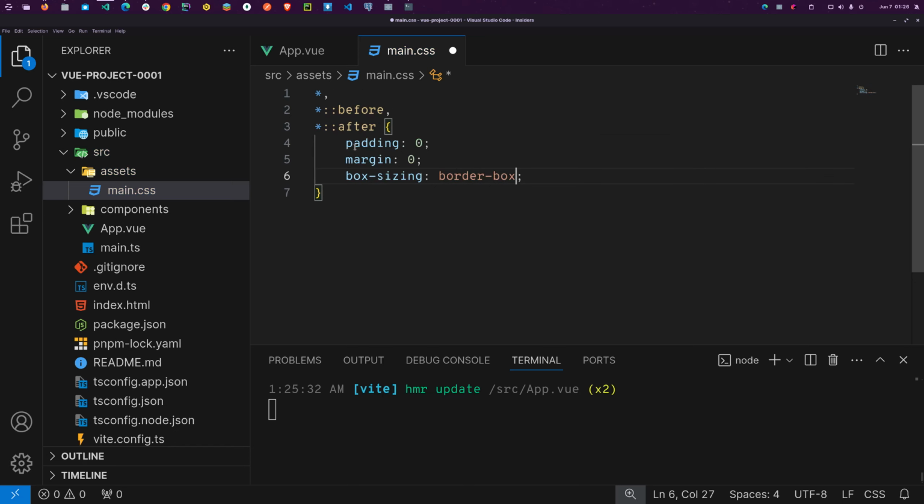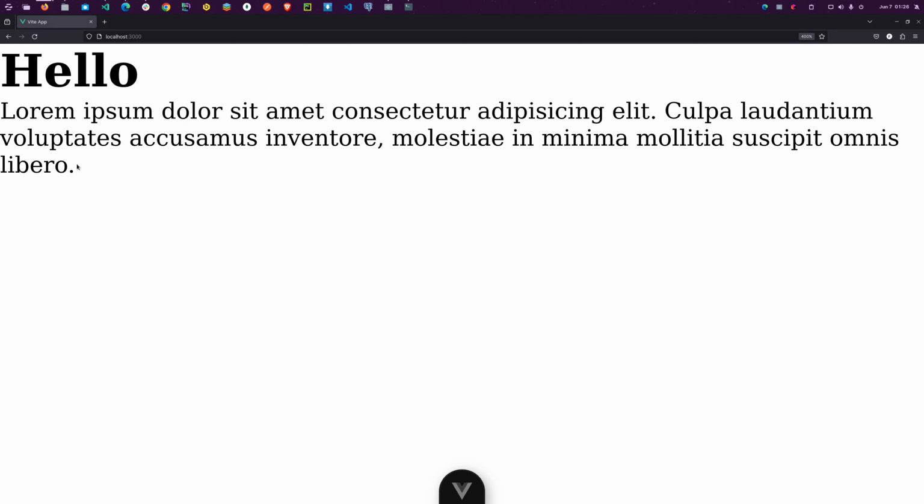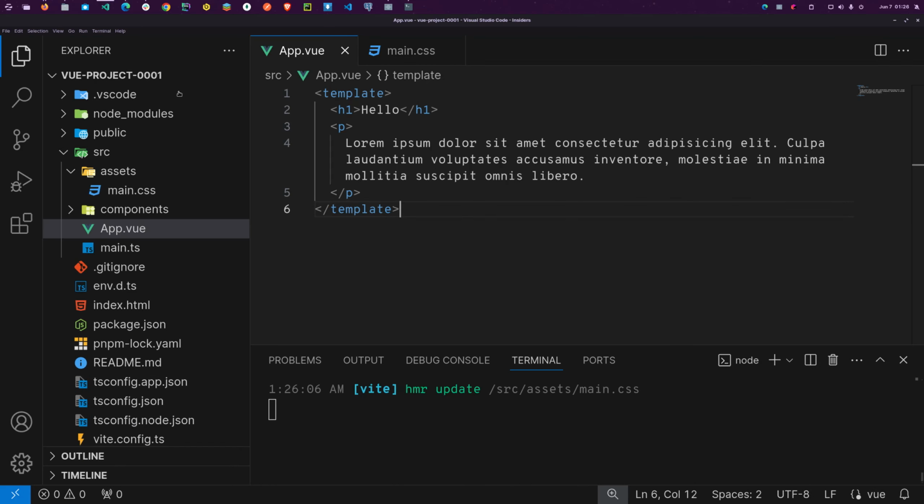So these are some of the presets I usually put in place when I'm writing out HTML or whichever code I'm writing, to just try to remove out any padding or margin that is auto applied to a given element. So once that is applied,